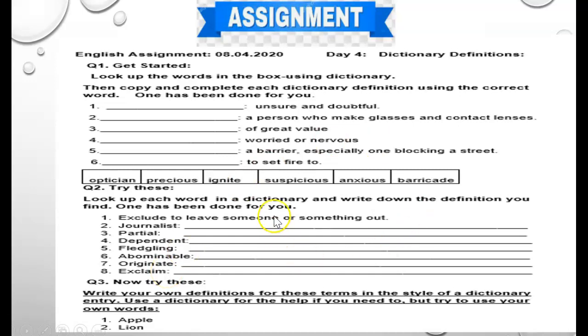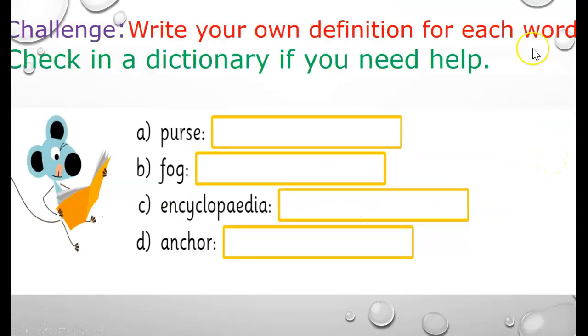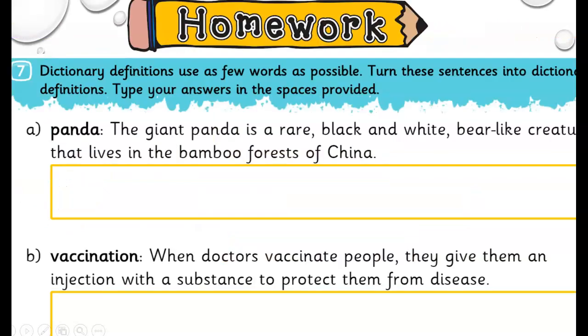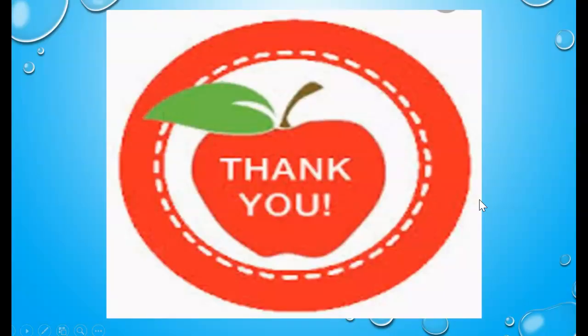The answers are stroll, hairy, pry, glare. Now here comes your assignment. For your assignment, choose the task and do it independently. Once you reach task 3, you can go for a challenge in which you have to write your own definition for each word. You can check in a dictionary if you need help. This is your homework. Here, dictionary definitions. Remember that they use as few words as possible, and you have to turn these sentences into dictionary definitions. So type your answers in the spaces provided, and thank you, and have a fantastic